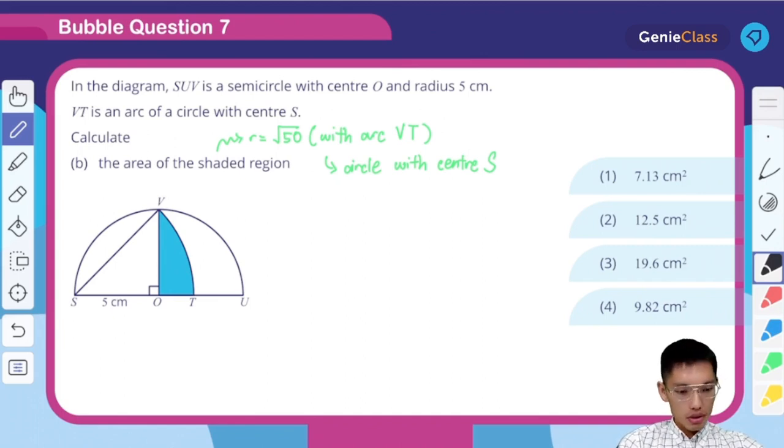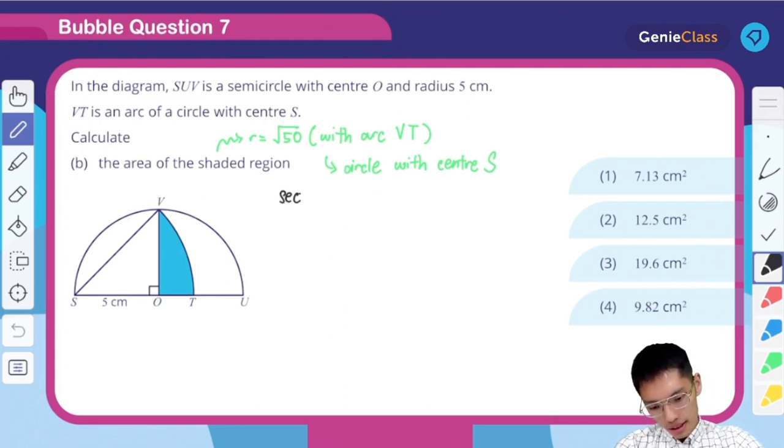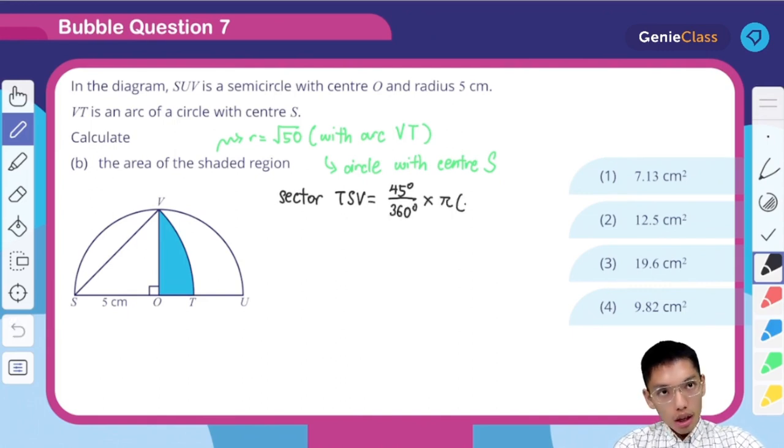Alright, let me take a look. Okay, be very, very careful over here. Take note, what are we finding? First one over here, we have to find the area of shaded region. So I hope you realize we have to find the big sector first. That's the hint over there. Sector TSV. This is where you use pi r squared. 45 degrees over 360 times pi of 50 squared, giving this value of